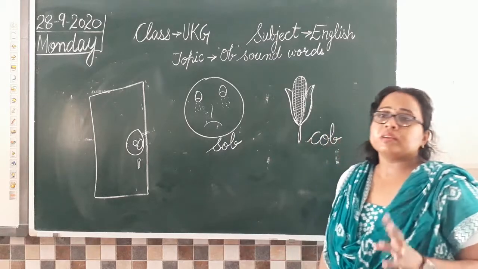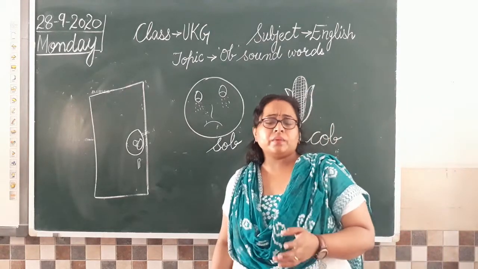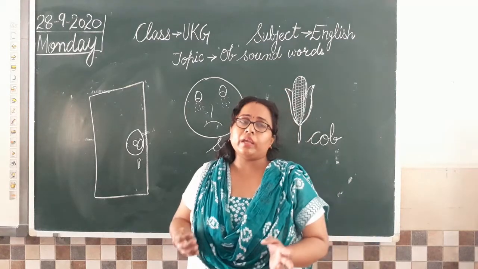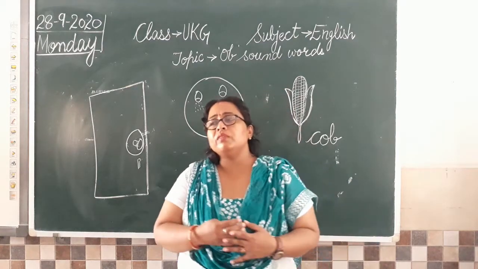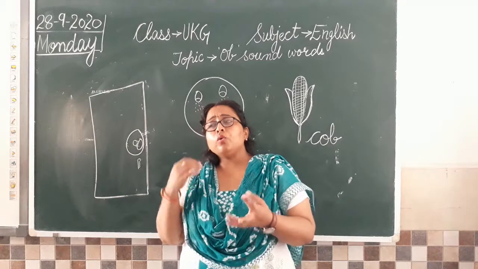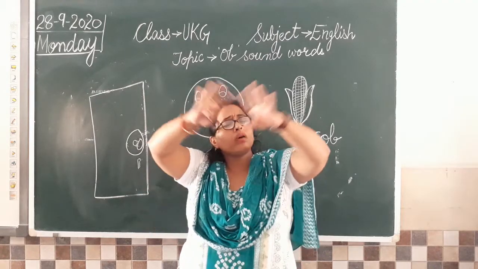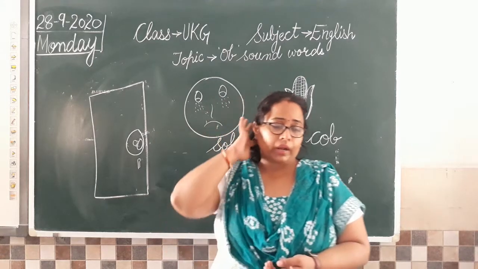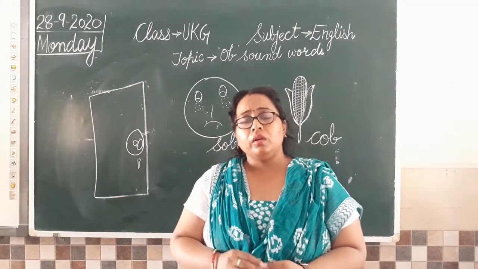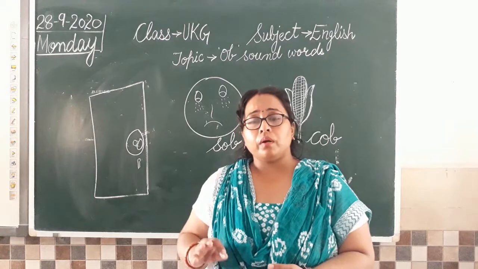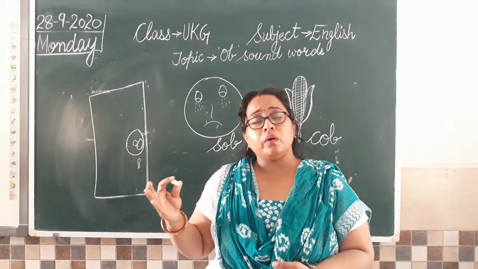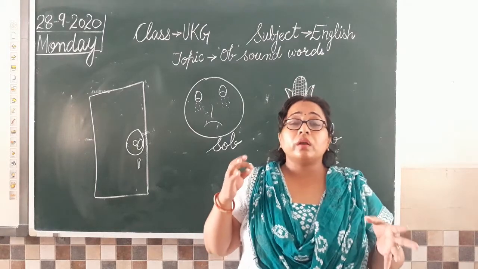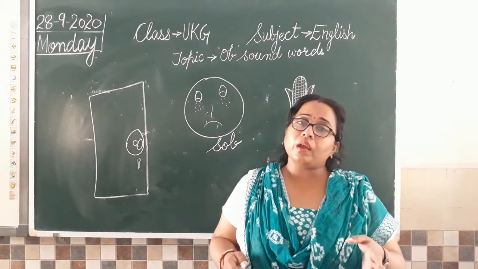Now moving to the next. When you go out in the market, जब आप market जाते हो, कोई fair लगा होता है या कहीं आप shopping के लिए जाते हो, for example if you go to a shopping mall or you go to a fair, वहाँ बहुत सारे लोग होते हैं, बहुत crowded होता है वहाँ पे. So what do you call that? We call it mob. Mob means बहुत भीड़ होना, बहुत crowded area होना, उसको हम कहते हैं mob.